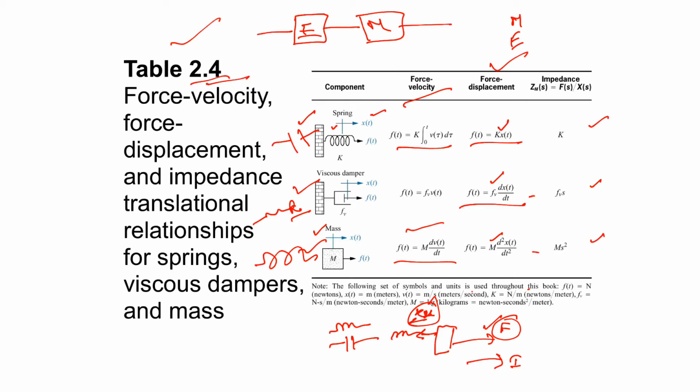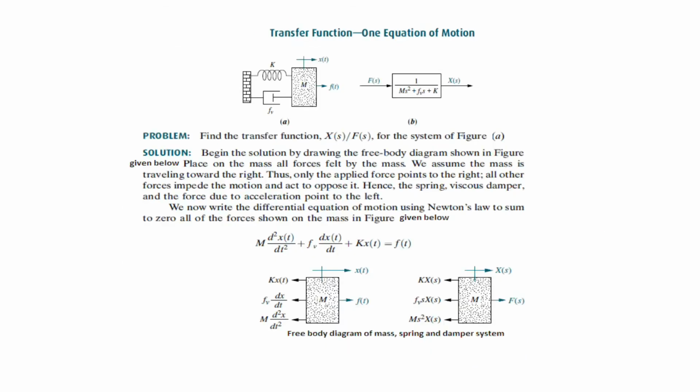We assume the initial conditions are 0, and again, as we have done in the case of the electrical system, we take the Laplace transform and find the result. Now let us take an example. Let us suppose that this is a system in which